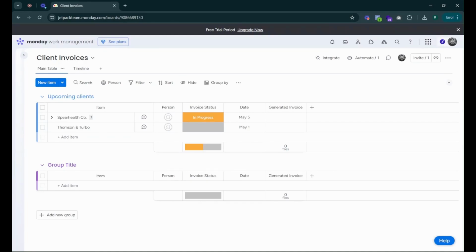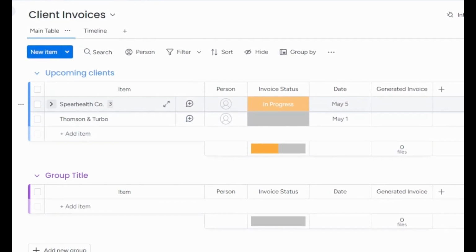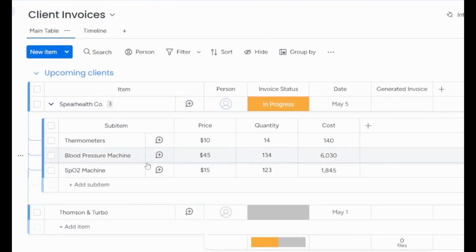So you have the app installed from the Monday.com marketplace, and you want to generate a document. You can see I have a board called Client Invoices. I have a client, and we have certain items like price, quantity, and cost. And we want to create an invoice which includes this board data. How do we do that? The way we can do that is by uploading a document and inserting these details into the document using the